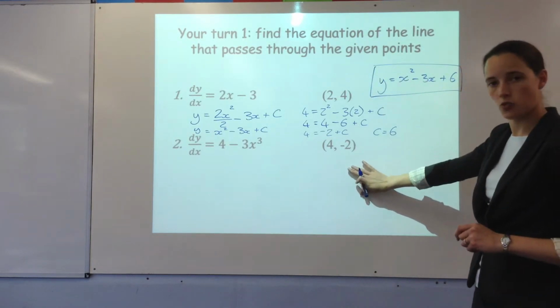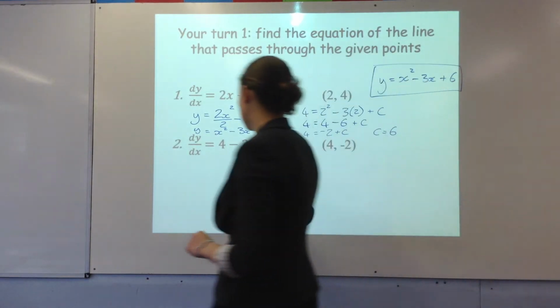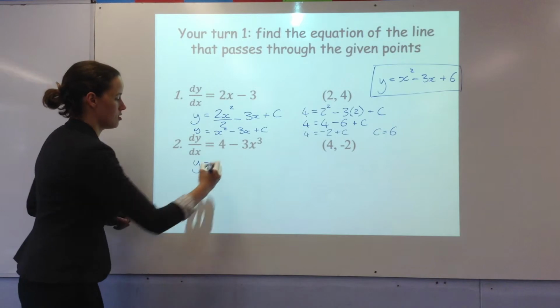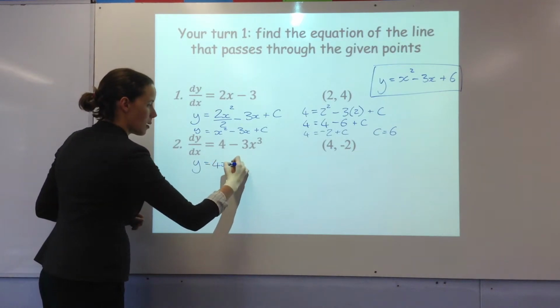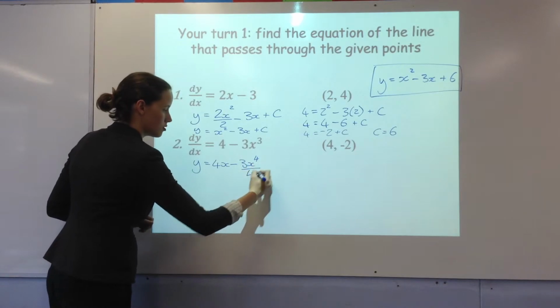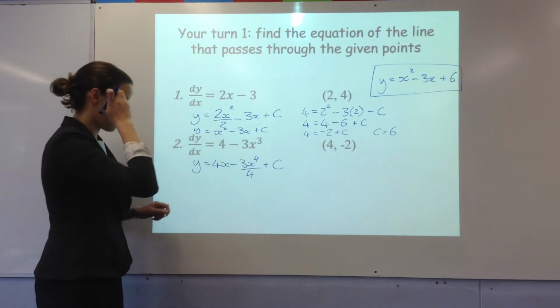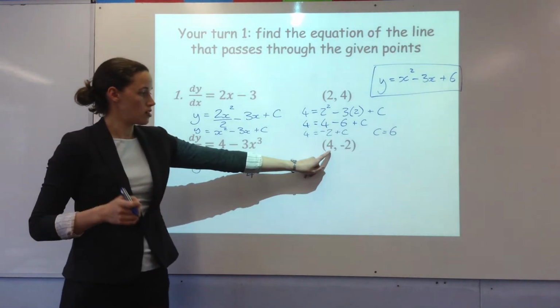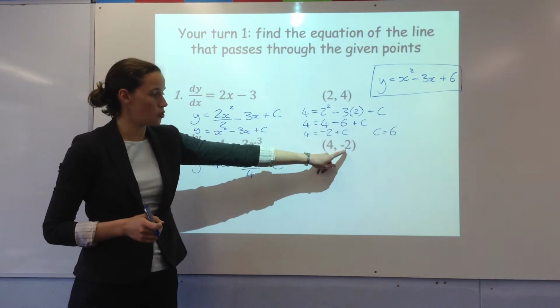Okay, let's do the second one as well. So this one here, first of all let's integrate it and just put the arbitrary constant in. So we'll have 4x minus 3x to the power of 4 over 4 plus c. Okay, I can't simplify that, so I'm going to go straight into substituting in that x is 4 and y